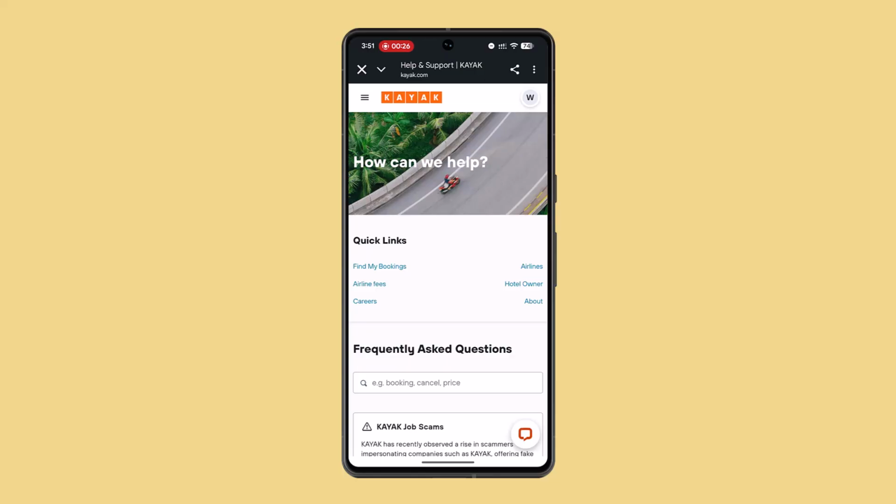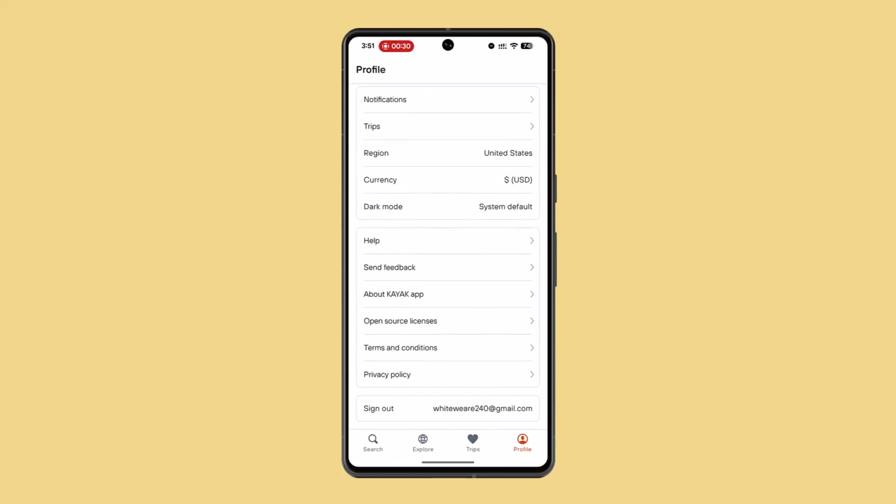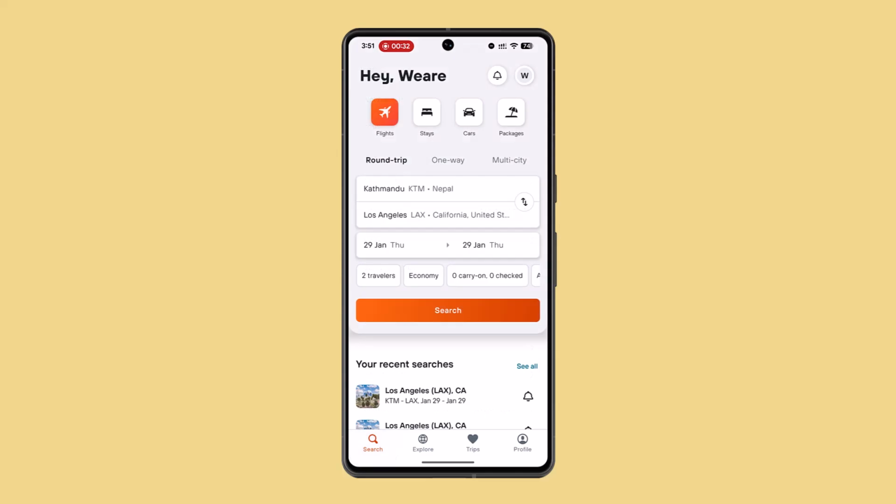You could type a travel need in a descriptive sentence like find me the cheapest flight from New York to Miami, or you could just tap on the search and then go ahead and select the flight, or if you want to look for hotels, cars, whatever you want to go with, you could type in your travel needs in a descriptive sentence like that,